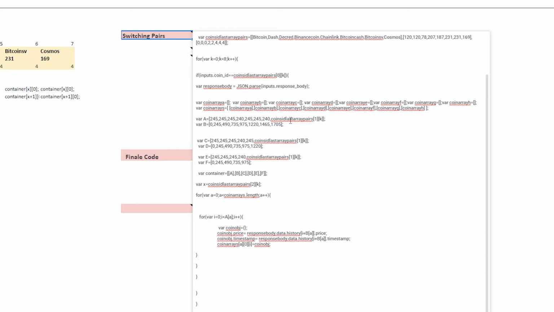So this one is 6, this one is 8. So we cannot use the length that we have for the coin arrays, which is fixed. We need to use a length which is actually going to change based on the input. So we need to have either the length of a, or the length of c, or the length of e. So instead of having the coin arrays length here,